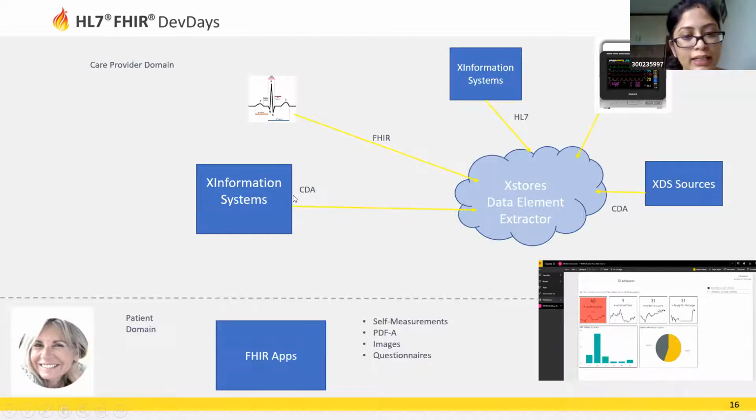So if you just take a step back and map to Rosa's condition, she would have her historical documents from different information systems in the form of CDA. There could be some information that would have come into the network via HL7, and there would also be an equivalent of FHIR-related reports that exist, which would have come from new systems. So from the patient point of view, so typically what they